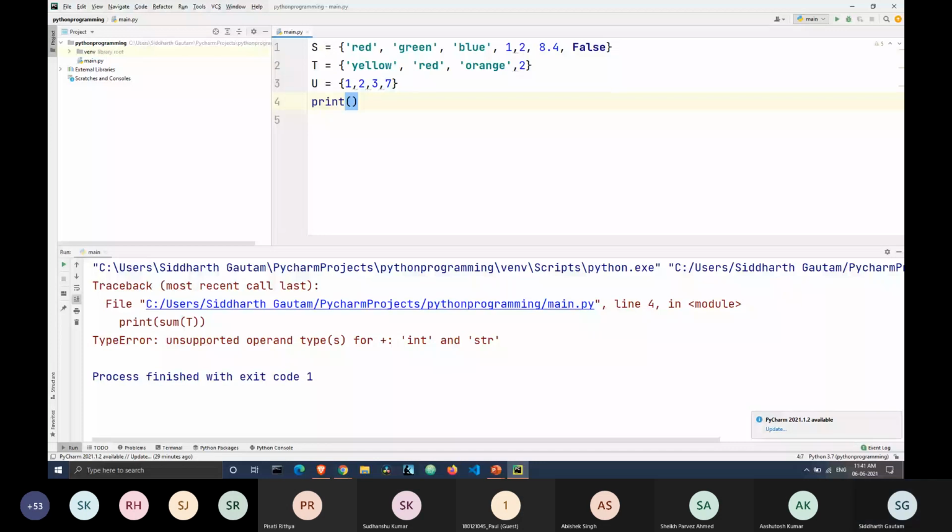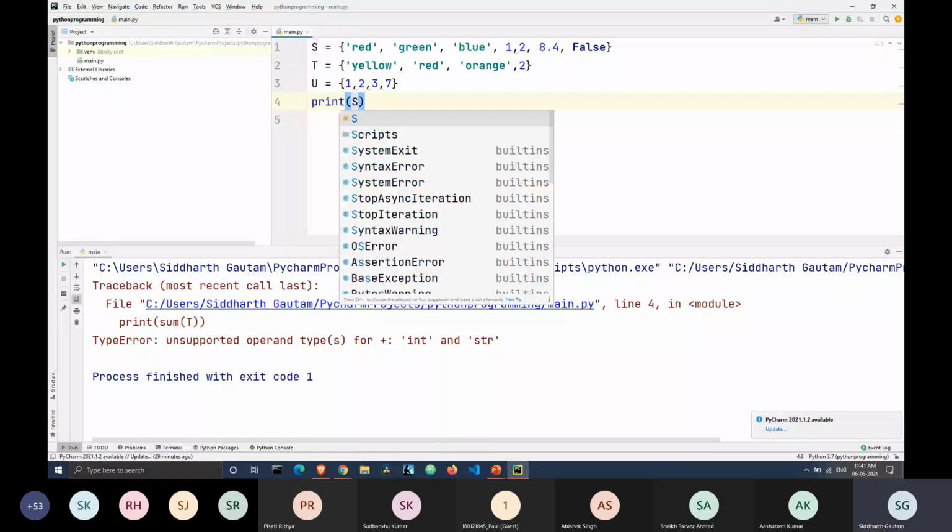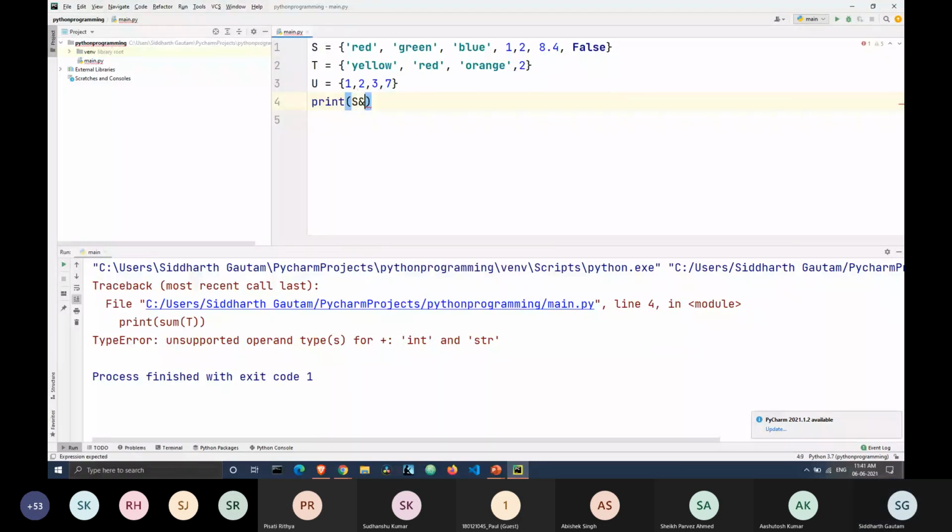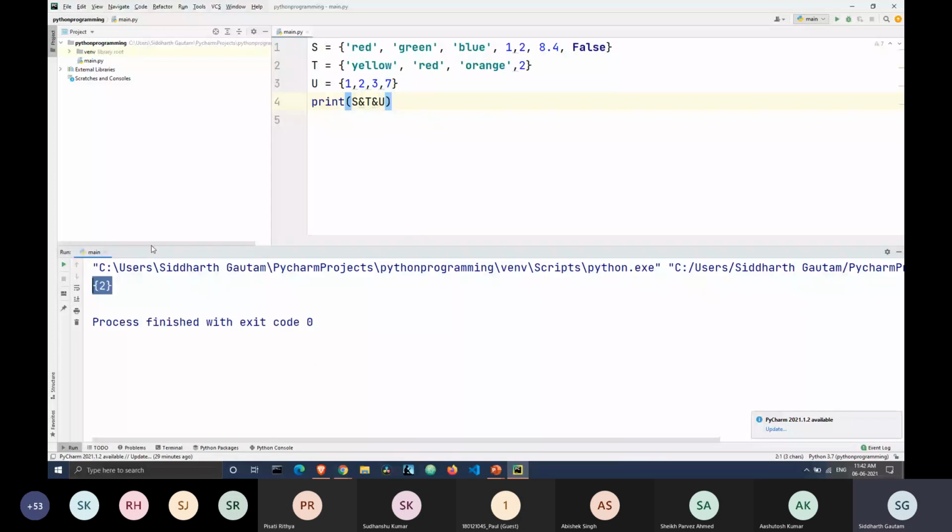We'll write S and T and U. So let's see, when we try to run this, we get the output as 2. Right. So this is how you can take the intersection of all three of these sets. You can just write the ampersand symbol and use it between all the names of the sets. Okay, sir. Thanks, sir. Okay.